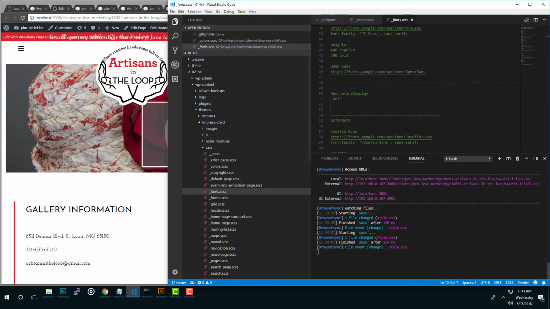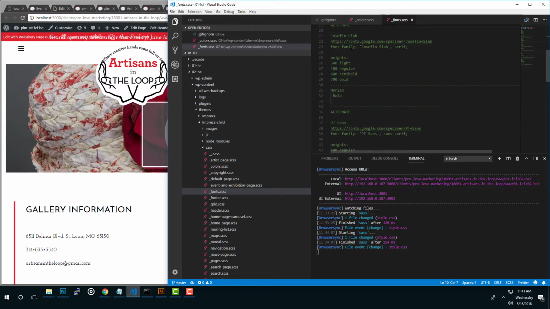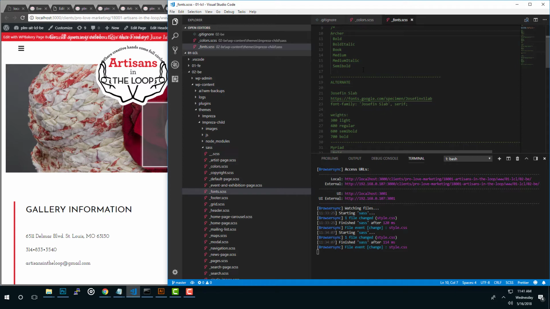Once I had to set up the web project, since these fonts are premium fonts, sometimes I run into a situation